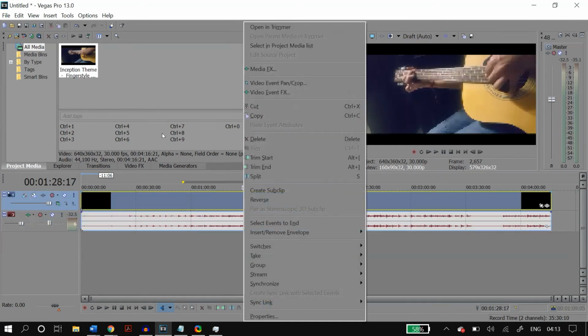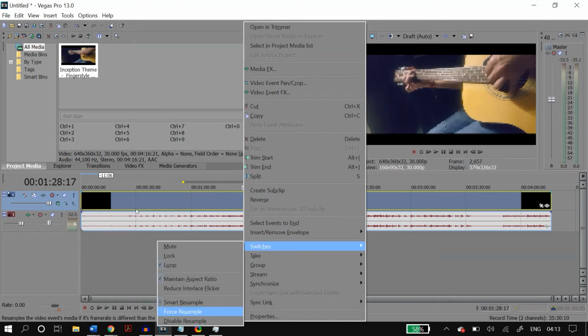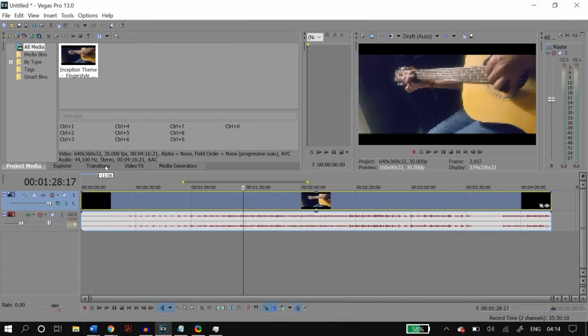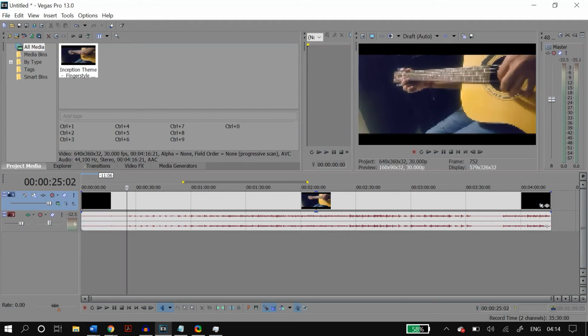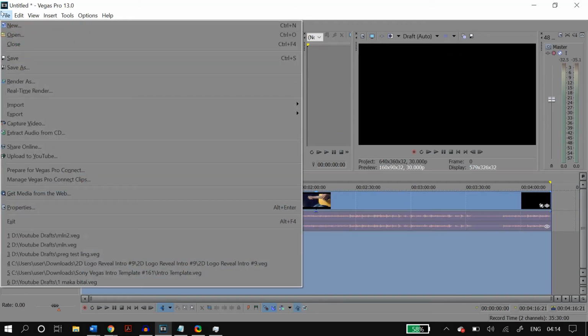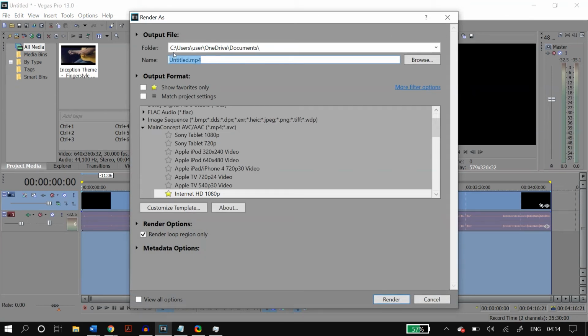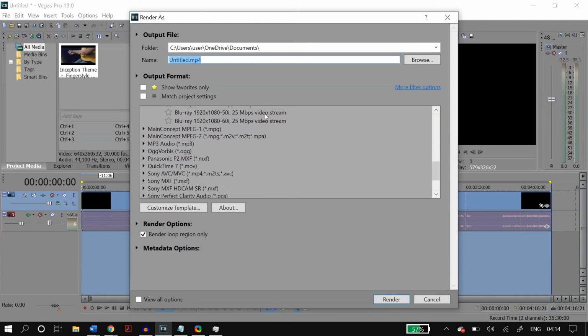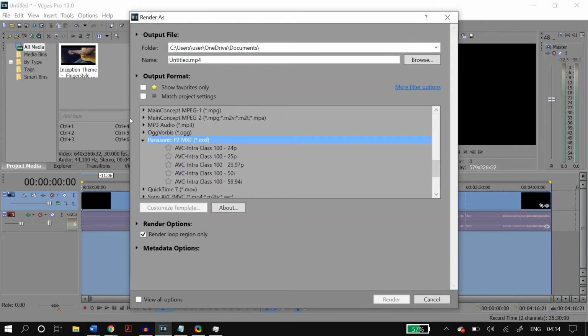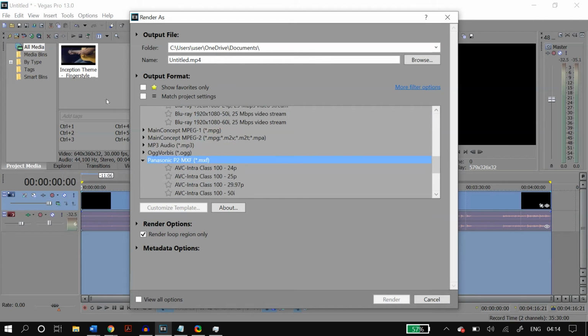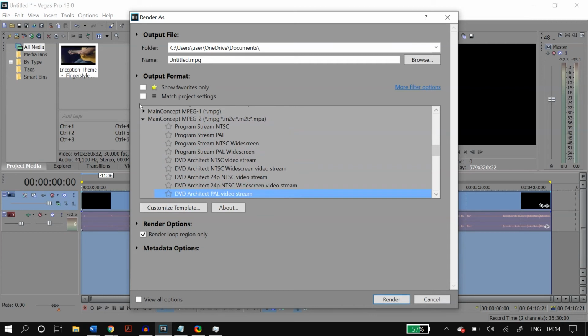You can do that by selecting the video, then right clicking it and then going to Switches, and then in Switches select Disable Resampling, and do this for all the videos that you have on your Sony Vegas project. Now, if the problem occurs when you're trying to render the video, I recommend that you try to render the video in different formats. So try the Panasonic format or the MainConcept MPEG-2 format, because they are both MP4 formats and should work perfectly fine.